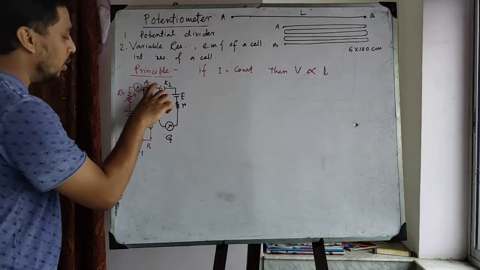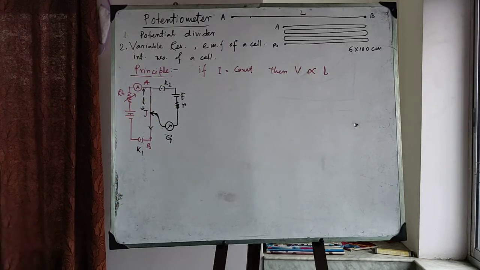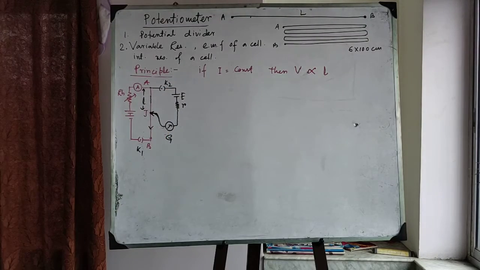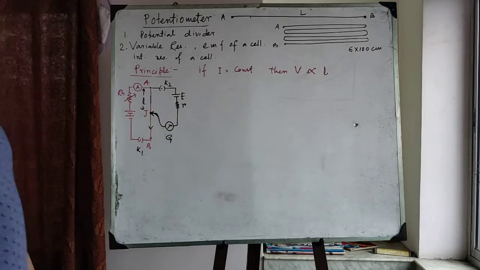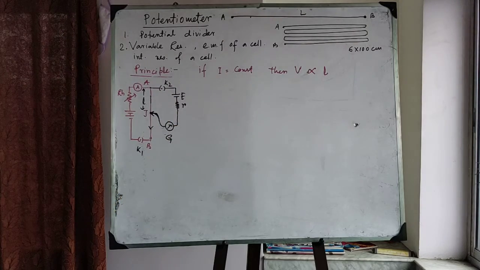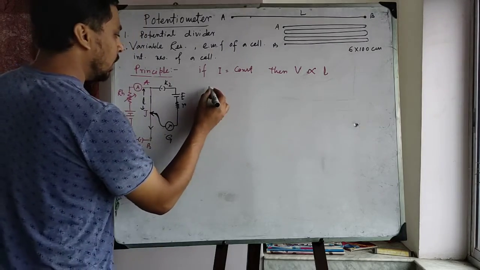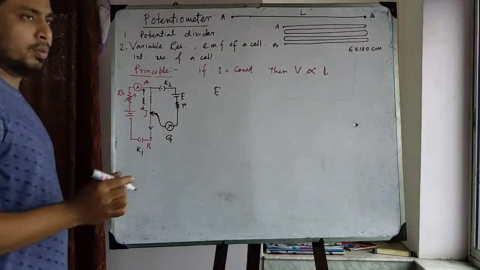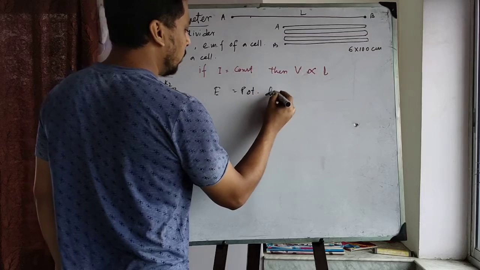Listen again: when the potential difference across the length AJ becomes equal to the EMF of the cell, then no current will flow through the galvanometer. So at the balance condition, the EMF of the cell becomes equal to the potential difference